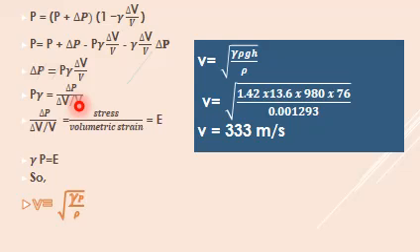So how can we solve it? So V is equal to the square root of rho gamma gh upon rho, where this rho is the density of mercury and the downward rho is the density of air in which the sound is traveling in that medium. Now for this, as I have already told you, gamma is the specific heat constant, so it has a constant value of 1.2. So by multiplying all these values we are left with 333 meters per second, and this is the accurate value of the speed of sound according to Laplace correction.